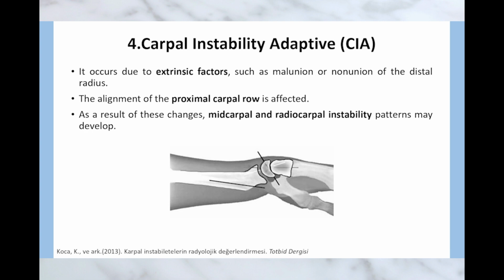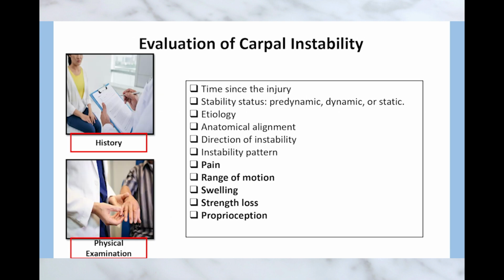So it's like the wrist is adapting to the bone being out of place, but that adaptation causes instability. Like a chain reaction almost. Yeah, exactly. The body's trying to compensate, but the compensation leads to another problem. It's amazing how interconnected everything is. So with all these different types and causes, how do you figure out what's going on? What does the evaluation process look like?